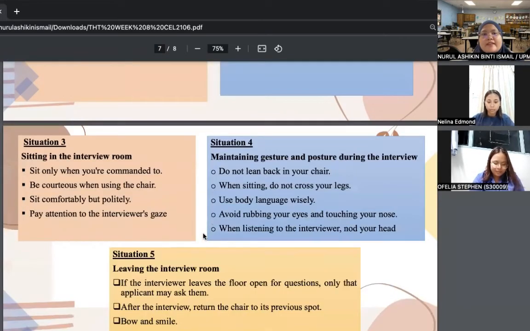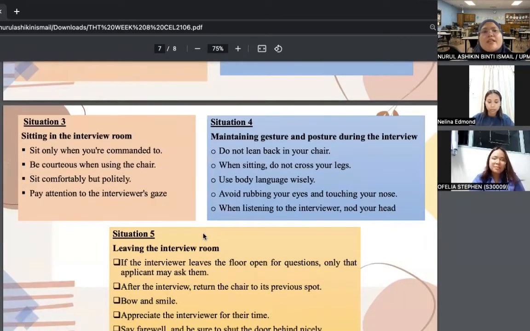Next, situation 3, sitting in the interview room. Sit only when you are told to. Sit only when they ask us to, to show our respect and avoid being rude. And next, be courteous when using the chair and sit